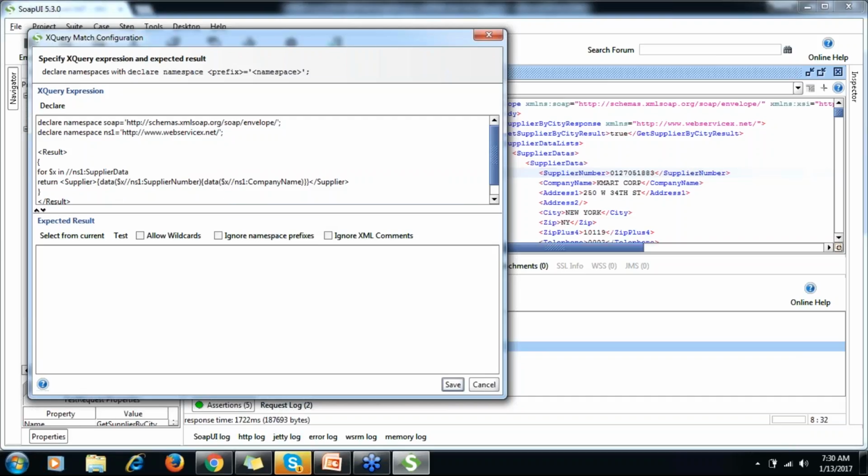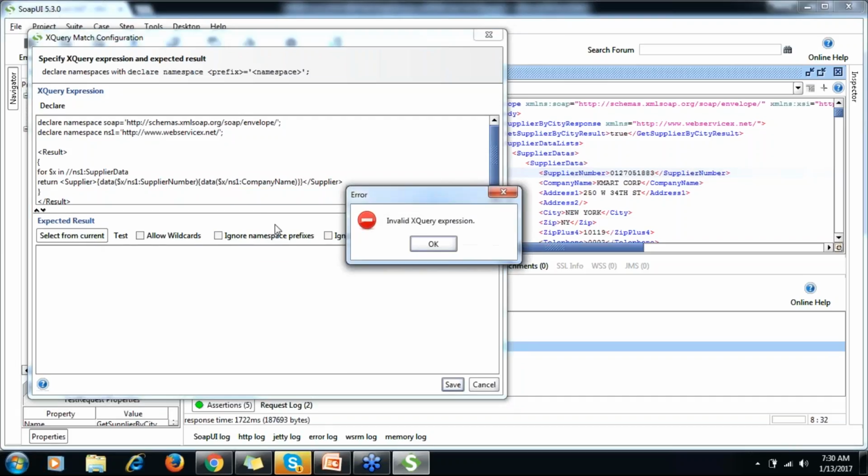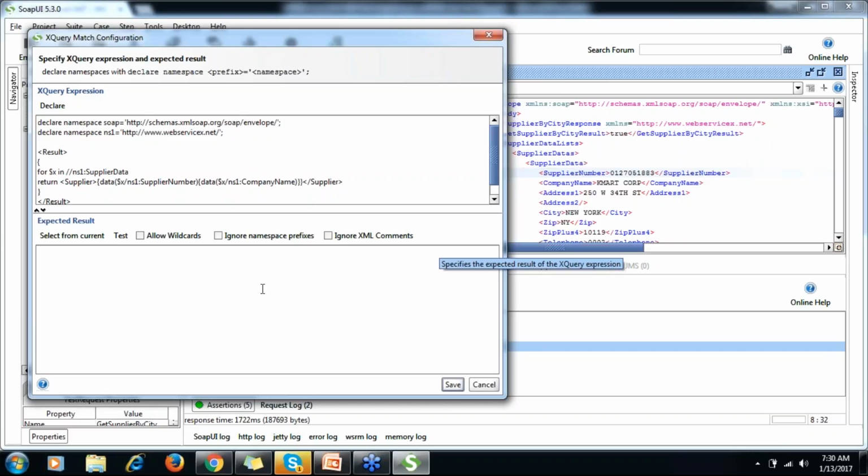So we say return supplier data, and then let me remove these things and try again. It says invalid query expression. Okay, supplier number. NS1 company name. Can anybody on the team tell me where the issue is?